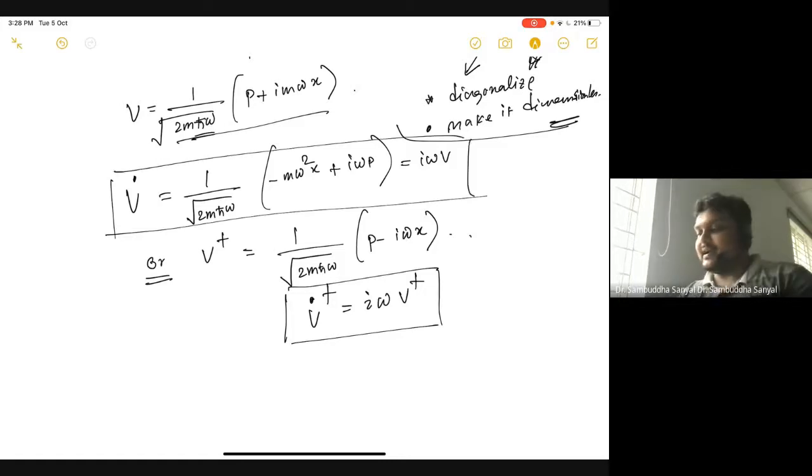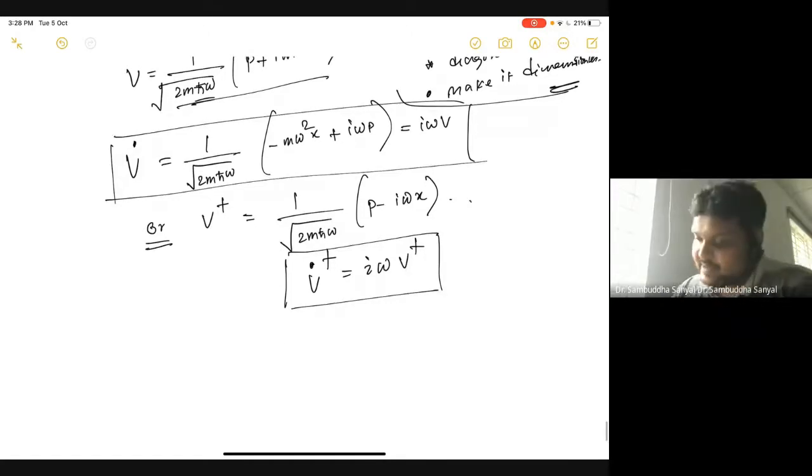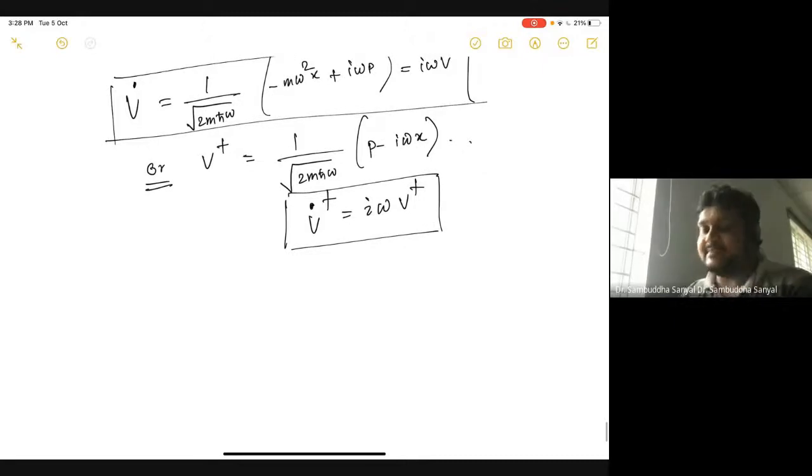What is this b dagger? Now, if you know the full formalism, b dagger is a dagger operator. But in classical mechanics, there is no operator like the dagger operator. It just means you take a complex conjugate. So if you do this, you get a very simple first order differential equation whose solution is very trivial, because the solution is nothing but b(t) = b0 e^(i omega t). So the dynamics is very trivial.